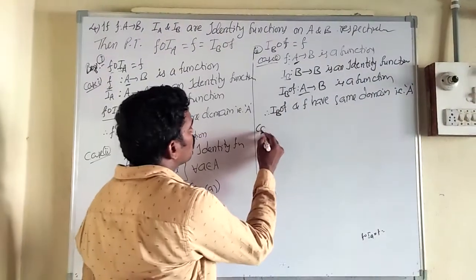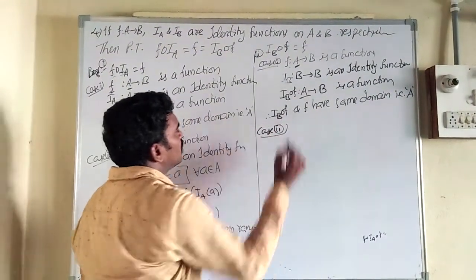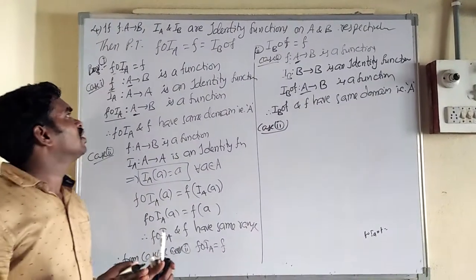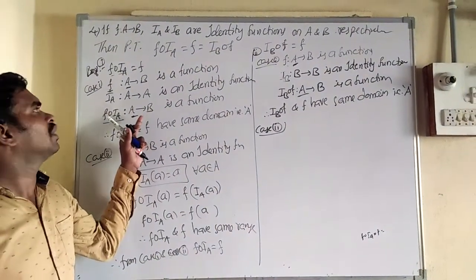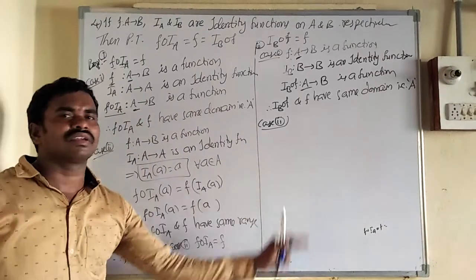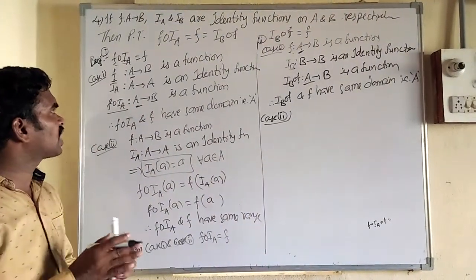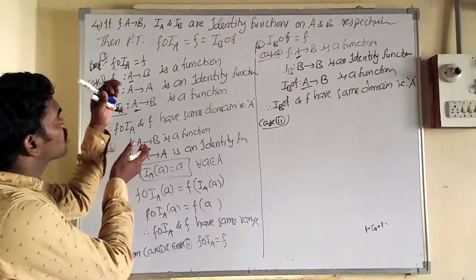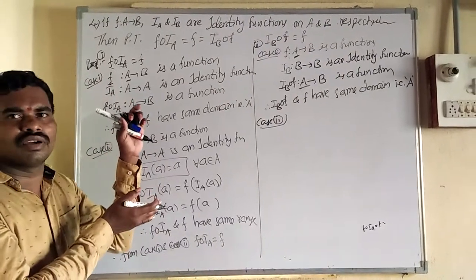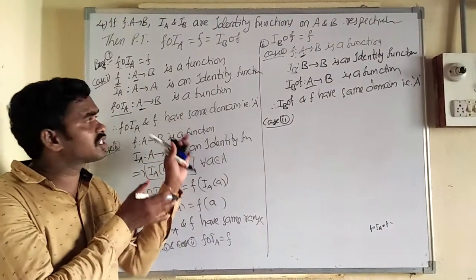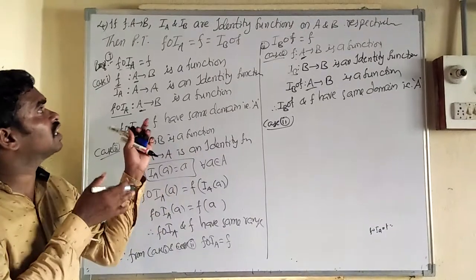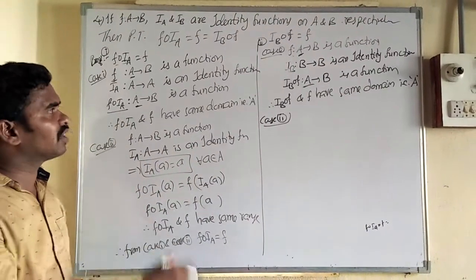Next, going to prove the ranges. If you understood one thing, you can understand everything. First, we try to understand the first theorem, which is important. After the first theorem, learn the second theorem. After the second, the third. Depend on it one by one.